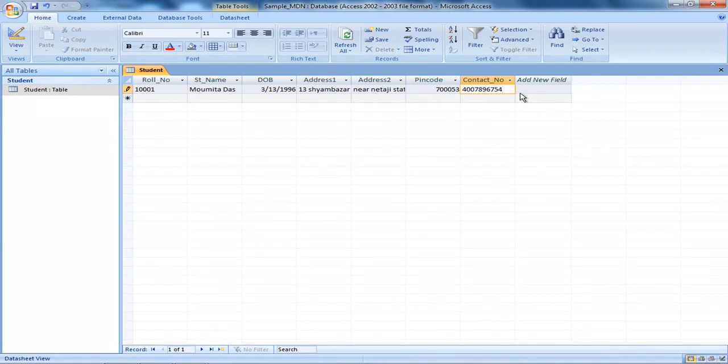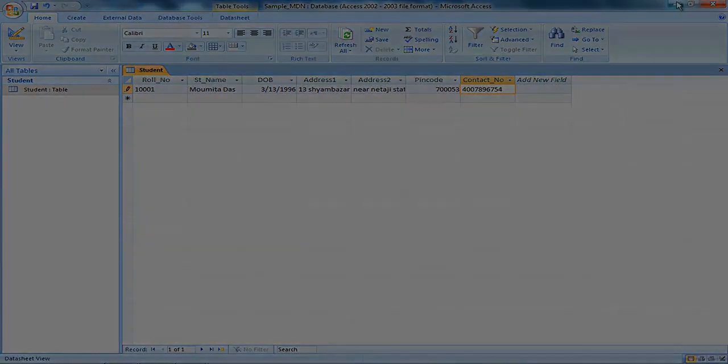That is why it is no more accepting. So we have to stop here. Even unintentionally, if we try to keep on entering for the phone number, it is not going to work that way. We have set the field size to 10, so it is going to accept only 10 characters.